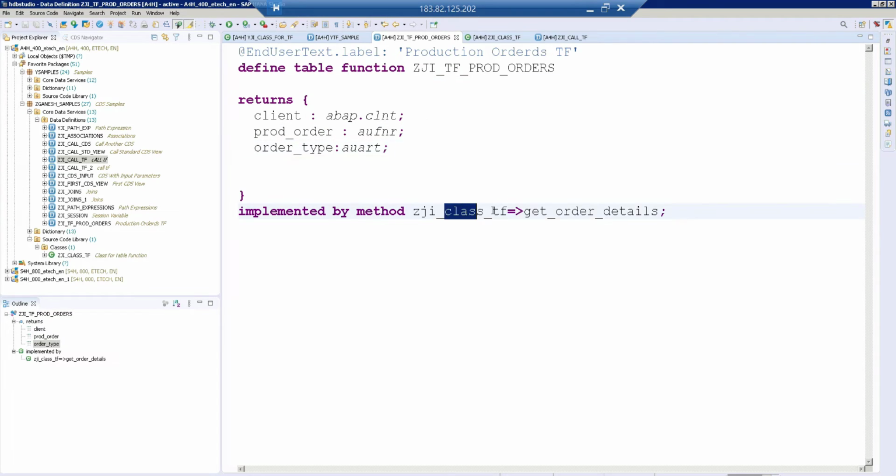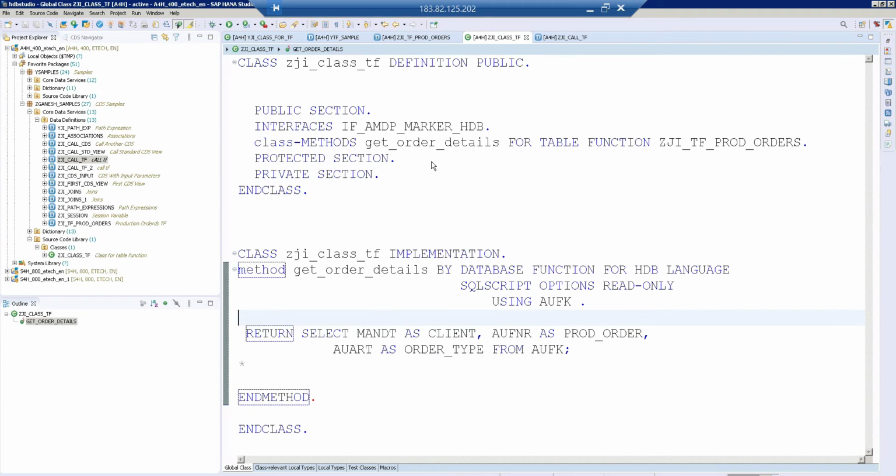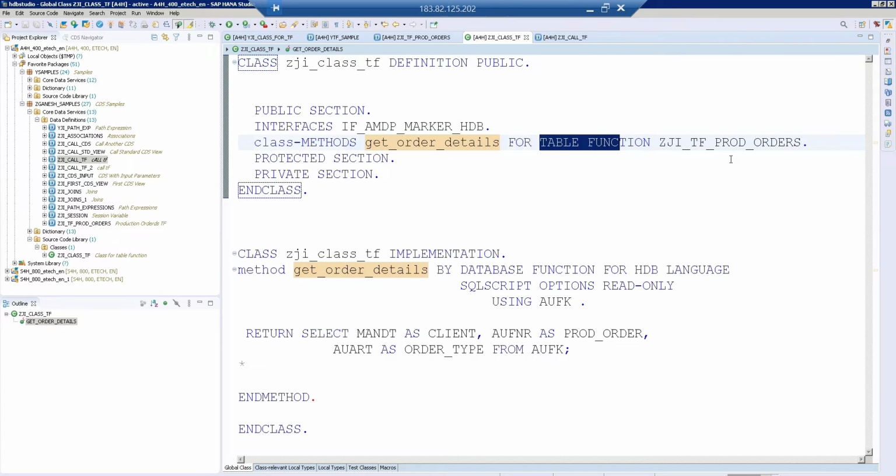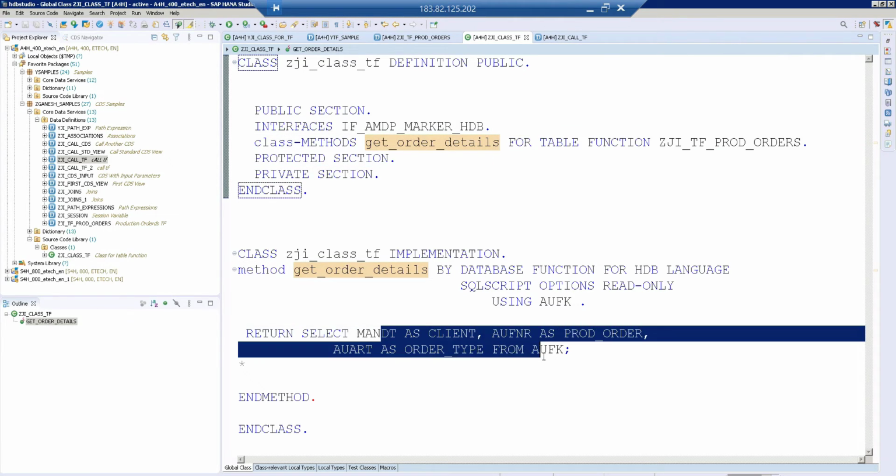I have created the class and the method where I'm going to perform the implementation of my table function. This is the class name, and this is the method I have created for the table function, and this is the implementation of my method, and this is called in two different